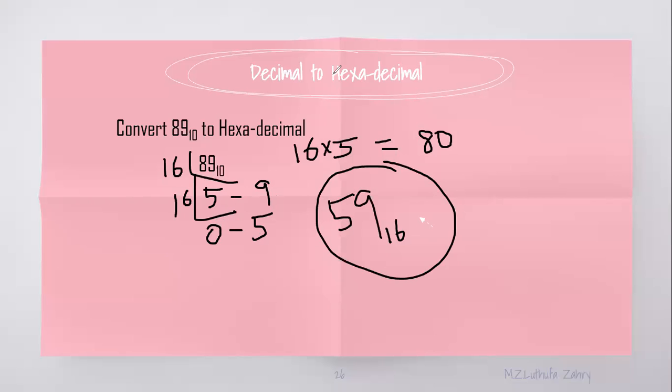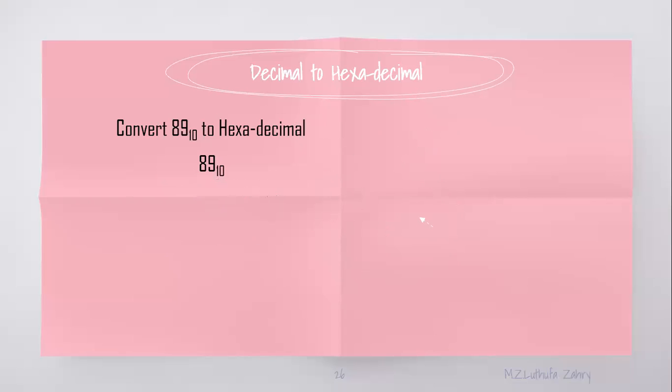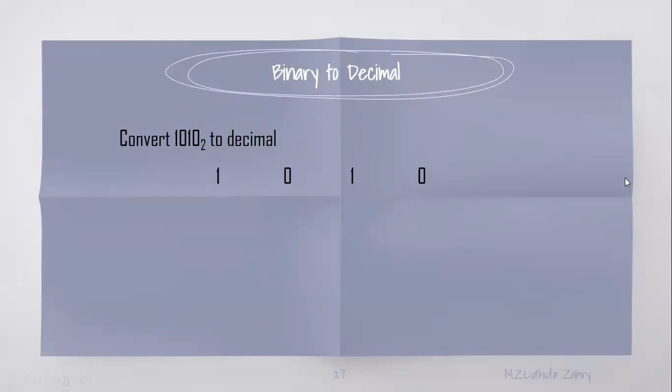So these are the decimal to other number system conversions. Now we are going to see the other direction, vice versa: binary to decimal, octal to decimal, and then hexadecimal to decimal. There we used the base, right? There we used the base. Now we are going to use the weighting factors here.